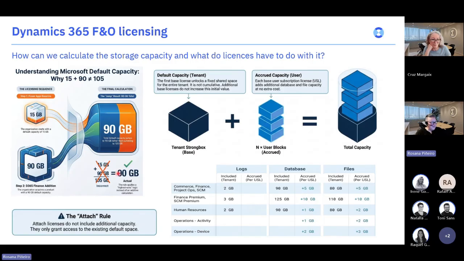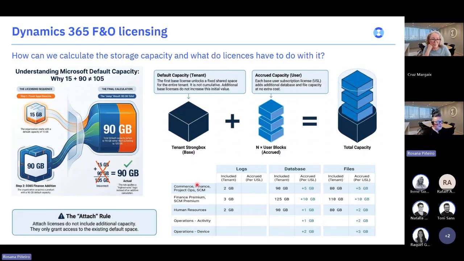What basically happens is that the total default capacity corresponds to the product with the highest capacity. So it would be this one here with the finance, as you can see here. So how can we actually add on the capacity? If we take this 90 gigs in base and say, okay, how can I add on to that?